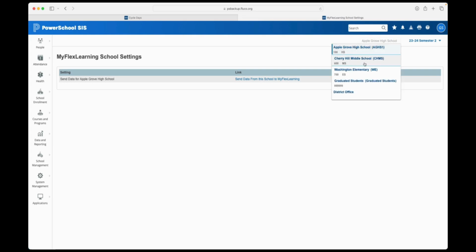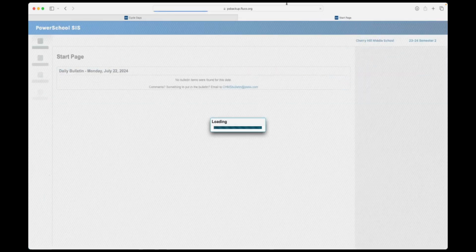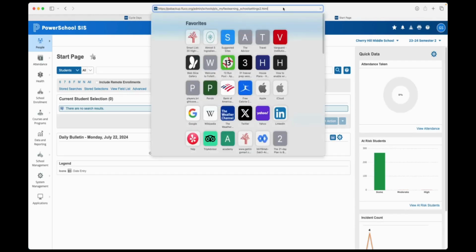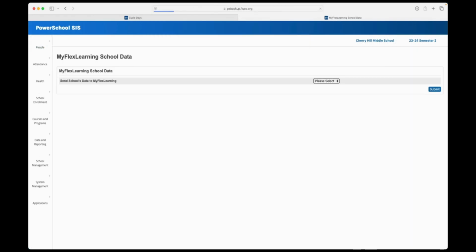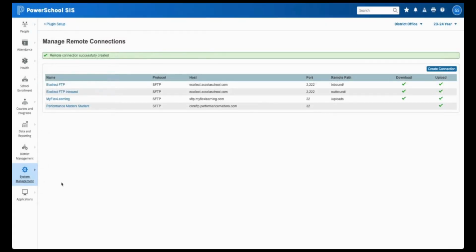Again, if I had gone to Cherry Hill Middle School and put in that URL, I could come in and turn that on, and maybe in subsequent years, other schools will hopefully come on with MyFlexLearning, and you can enable those when you're ready. Now, once you have